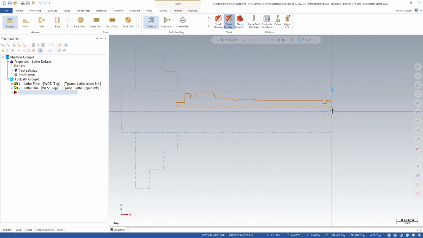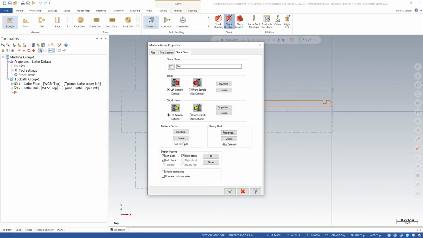In this lesson, we will be creating a tailstock advance and retract operation. I've prepped the part with a face and center drill operation. The first thing we need to do is create a tailstock. So I'm going to go into stock setup, and you can see down below here we have tailstock center, and